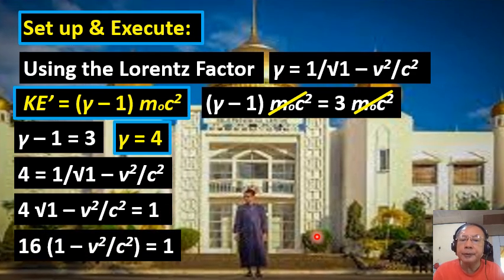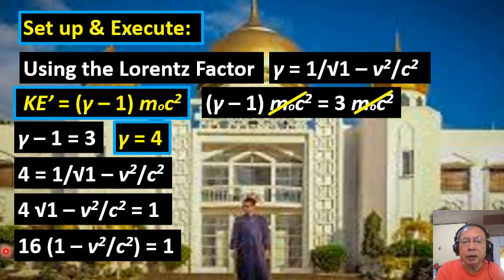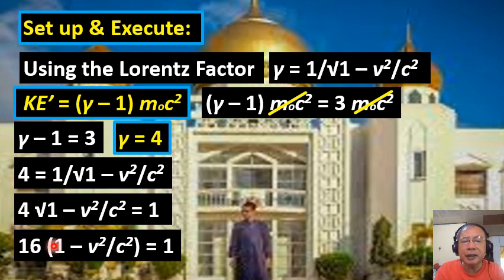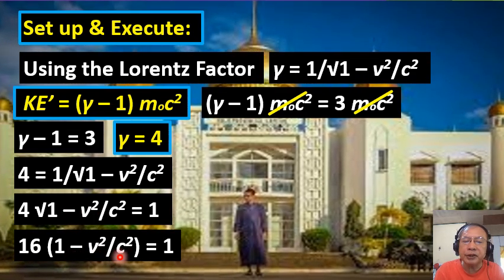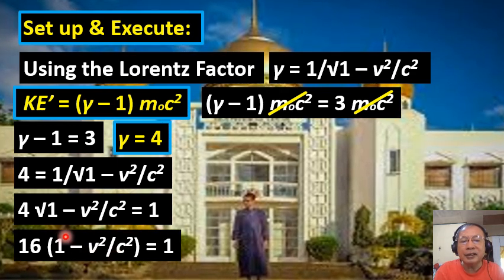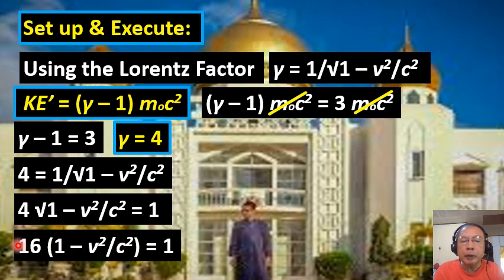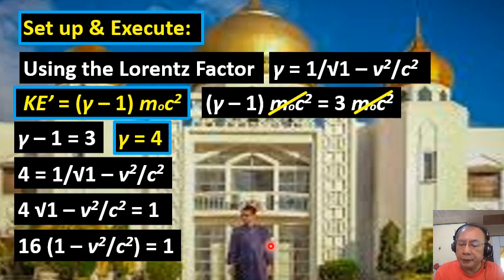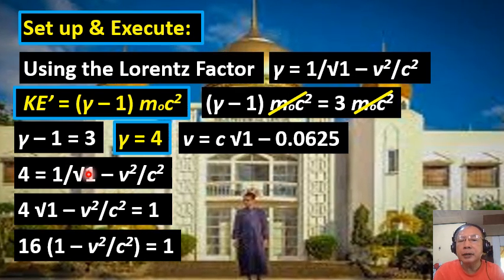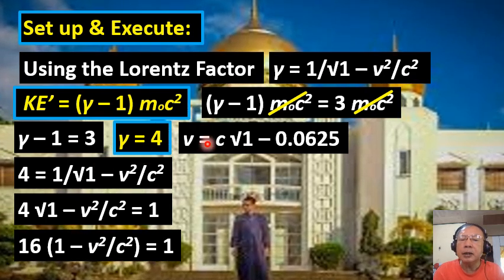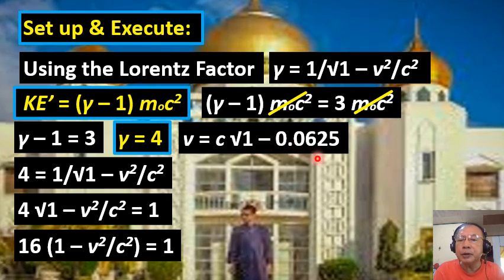And simplifying further, right? Squaring both sides of the equation. So we get the square of 4, which is 16, and the square of the quantity inside the radical sign will just be equal to 1 minus v squared over c squared, right? So we just got rid of the radical sign. But 1 minus v squared over c squared will be multiplied by 16 and then equated to 1. So further simplification by isolating v, or the speed of the particle, our equation now is reduced to v being equal to the speed of light c times the square root of 1 minus 0.0625,